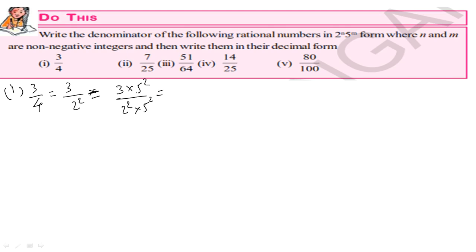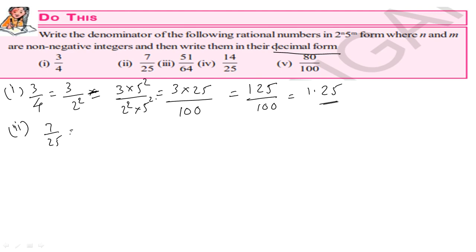So I should write in the decimal form also. Remember one thing guys, we should also write in the decimal form which is mentioned in the question. So why ma'am, you can put 5 power 0 so that it would be of the 2 power n into 5 power m. Yes, we can also put 5 power 0, but one thing we were given is we have to write it in the decimal form. So to write it in the decimal form, we can write like this: 3 into 25 by 100. 25 into 4 is 100. 25 into 3 is 75, so 75 by 100, which is equal to 0.75. It is of the decimal form. Is it clear? Next, coming to the second question.